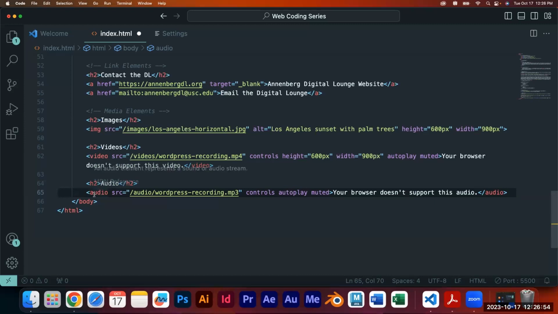So there are cases where you want to upload different file types of the same file, just in case a browser doesn't support a specific file type. Most modern browsers will support the basic ones, the MP4, the MP3 that you're normally using, the JPEGs, PNGs, all of that stuff. But if you want to be extra sure, we can retailor this audio one. I'll show you,